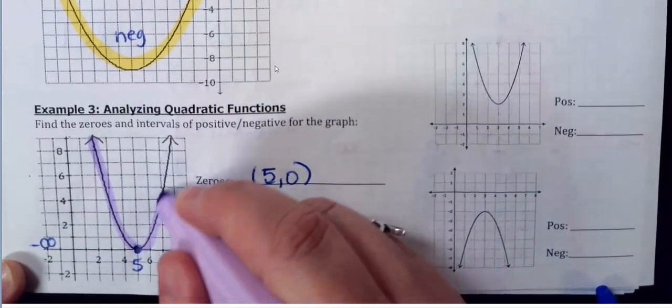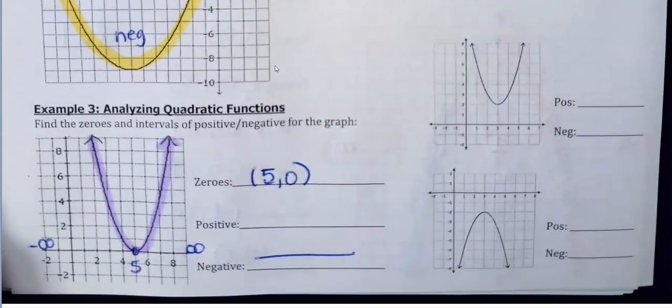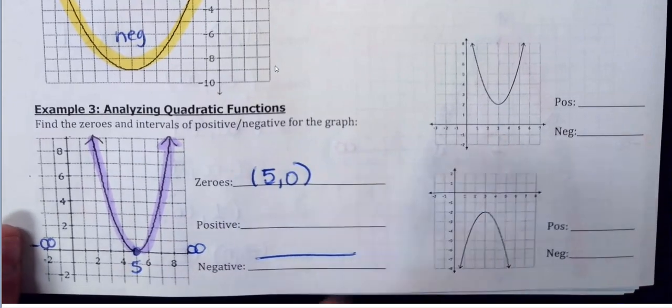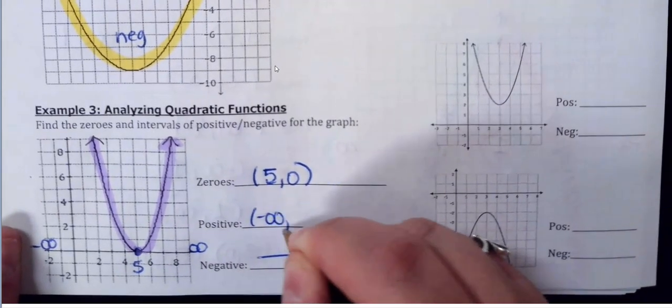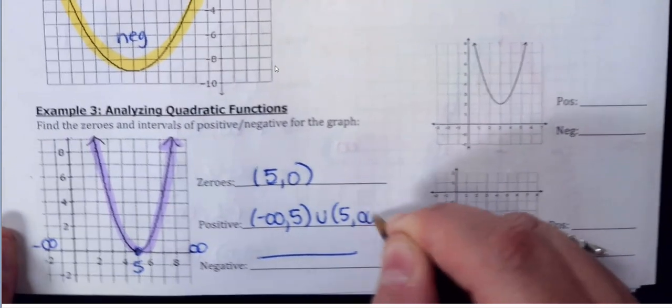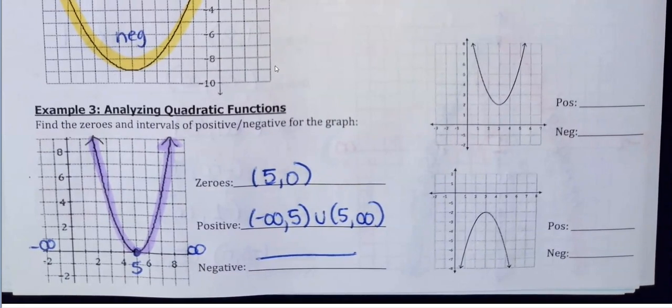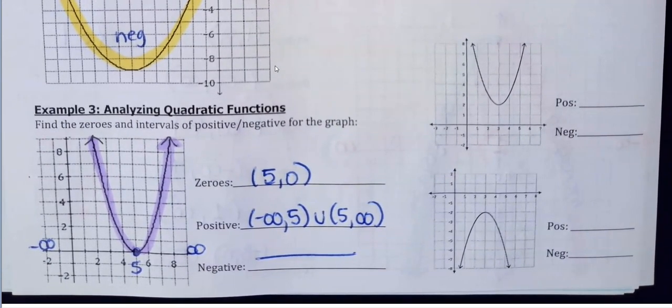So if your vertex touches the x-axis and you're describing positive or negative, you're going to have two intervals. It's going to be from negative infinity to 5, and then from 5 to infinity. The reason for that is I'm not actually positive or negative at that vertex, so I'm excluding that value by writing those two intervals. I know that's super weird, but that's the technical way you're supposed to do that,